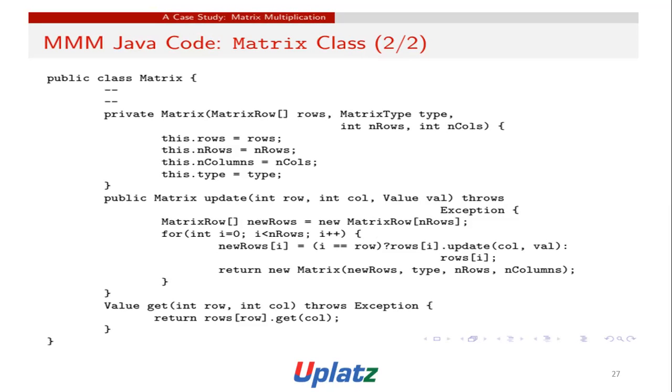Matrix class 2/2, Java code. public class Matrix { private MatrixRow[] rows; MatrixType type; int nRows; int nColumns; this.rows = rows; this.nRows = rows; this.nColumns = nColumns; this.type = type; public Matrix update(int row, int column, Value val) { MatrixRow[] newRows = new MatrixRow[nRows]; for (int i = 0; i < nRows; i++) newRows[i] = (i == row) ? rows[i].update(column, val) : rows[i]; return new Matrix(newRows, type, nRows, nColumns); } Value get(int row, int column) throws Exception { return rows[row].get(column); }